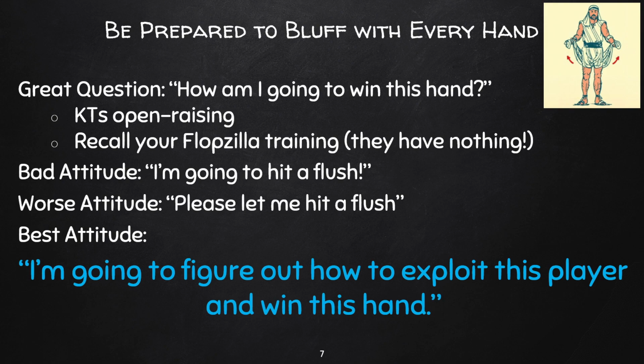How can I bluff him? And which street is he honest on? Is he going to be committed at any point due to his stack size? Like, there's so many things you could think of. But as long as the thing that's going through your mind is, how can I exploit this player? That's going to find you, or help you find, the avenues that you need to pursue